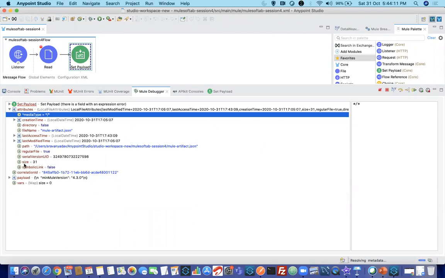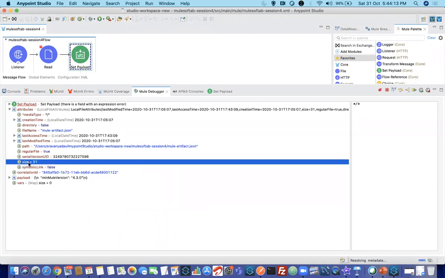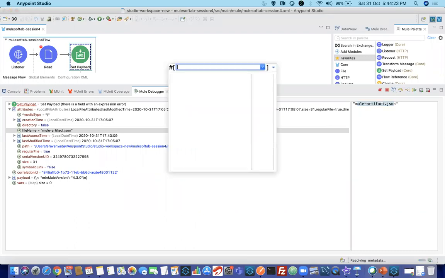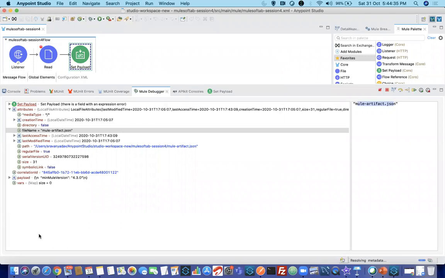Now, the file connector has different attributes like size. What is the size? And what is the file name? You can see here, right? File name. Now, if you want to know attributes.queryParams.name, it will give null because my attributes are overridden when I connect to an external system like a file connector or database connector or another HTTP request.